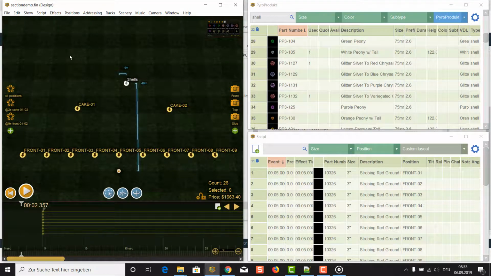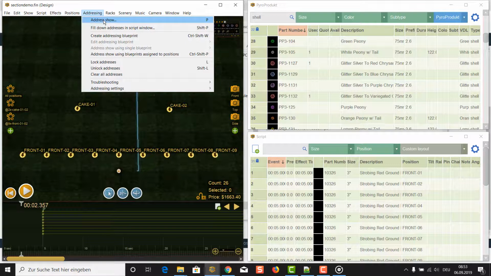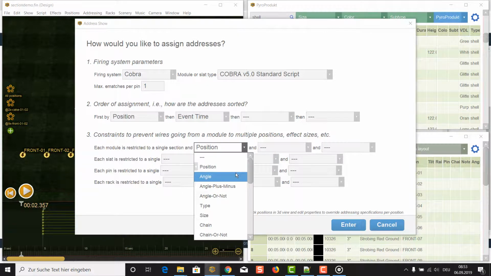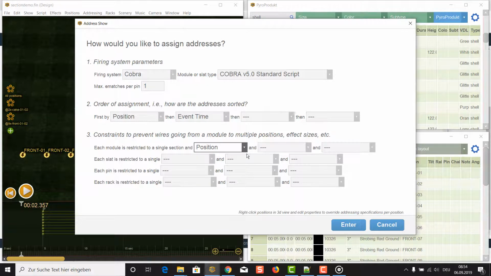When addressing a show using the address show function, you are given the opportunity to specify module constraints in paragraph 3 of the dialog. The module constraints control whether modules can be shared across different positions, for different angles, sizes, or any other properties. By default, the module constraints include just the position constraint, allowing modules to be used across